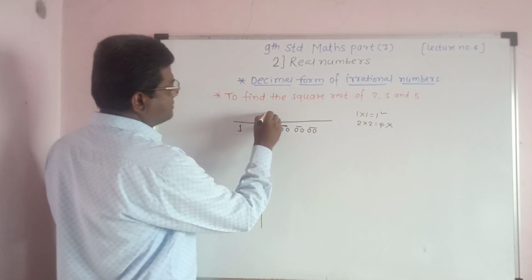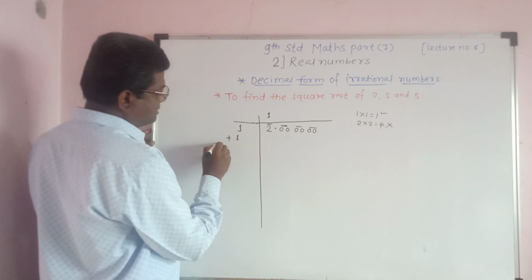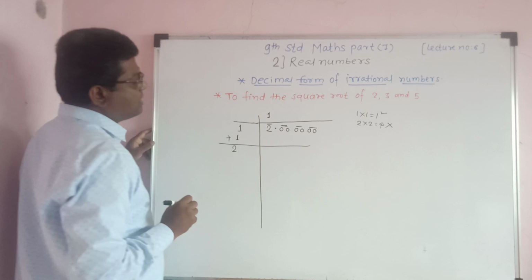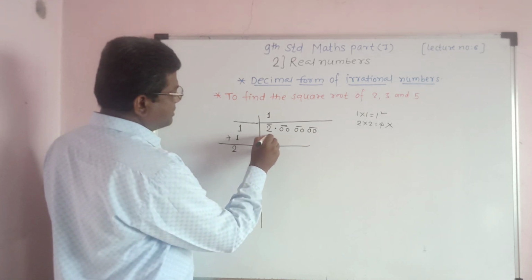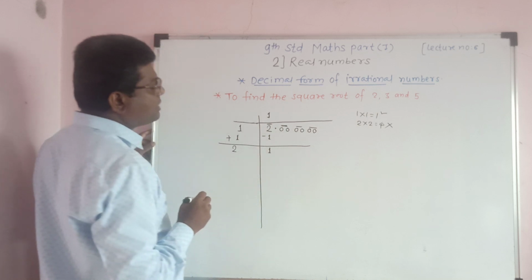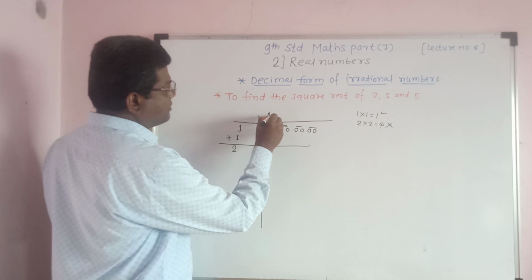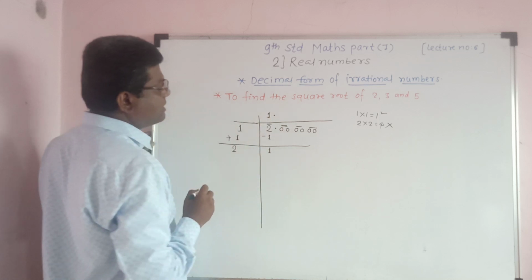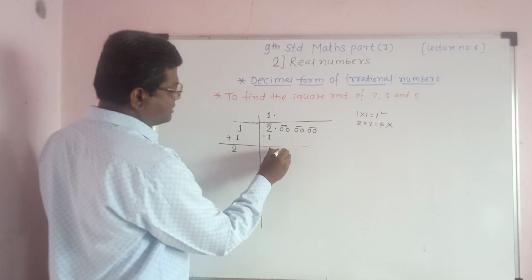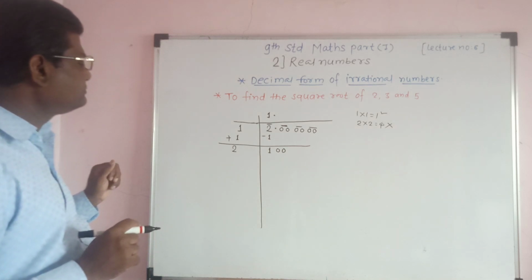here also 1, we add 1 to this 1, now it will be 2, we subtract 1 from this 2, therefore we get 1. Now here is the decimal point, therefore we put a decimal here. We take a complete group down next to this 1, so the number is now 100.